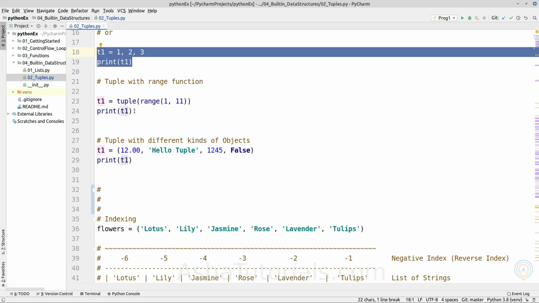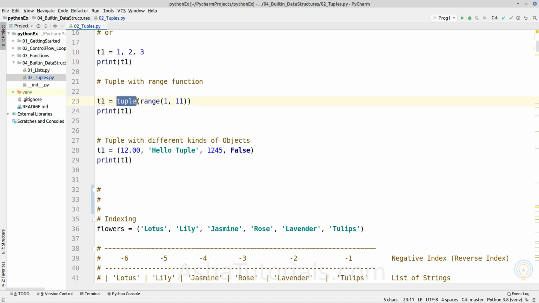Now let's construct a tuple object from an iterator or a generator function. In the constructor of the tuple object, we can write any generator function. In this example, we have used the range function. This constructor will fetch all the elements from the generator object until the elements are exhausted, and it will return a tuple object consisting of those elements.